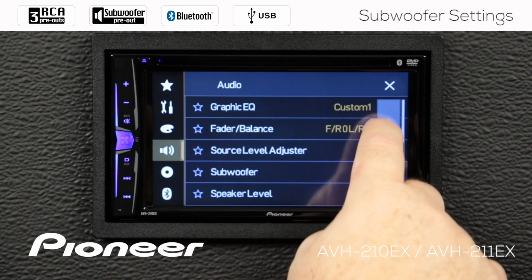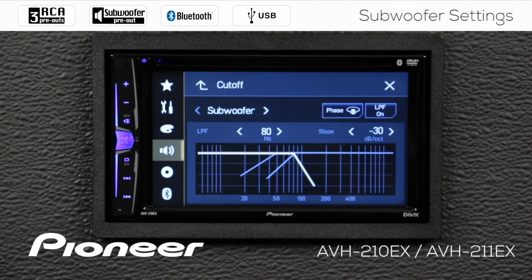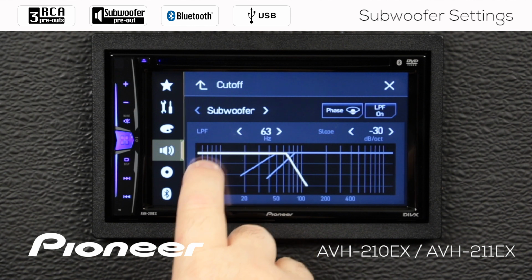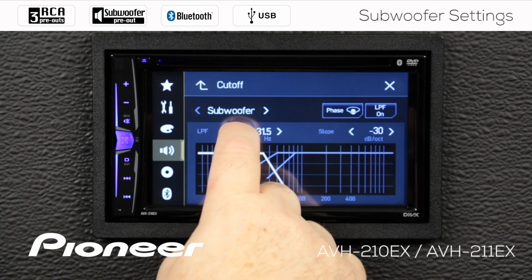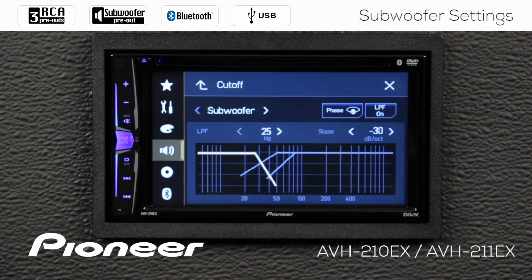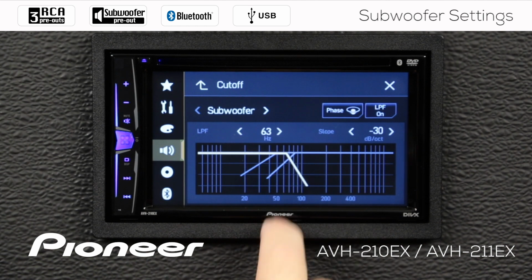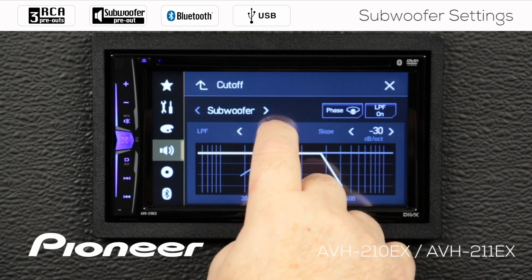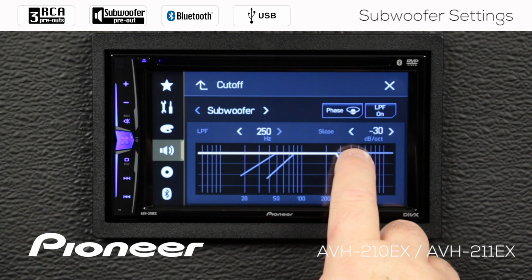So let's go back up, and we'll choose to switch the subwoofer on, and now we'll come down to our subwoofer settings. Under the subwoofer settings, this is my crossover point and my slope for the crossover. So I can choose to change that crossover point down to 50 Hertz, down to 40, 31.5, and all the way down to 25 Hertz as the crossover point, and that will go all the way up to 250 Hertz. So I can choose any of those crossover points from 25 Hertz up to 250 Hertz, and I have my choice of